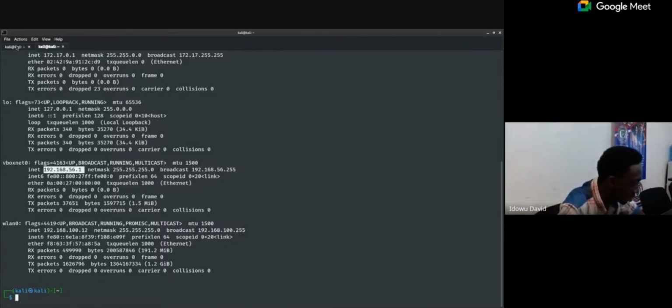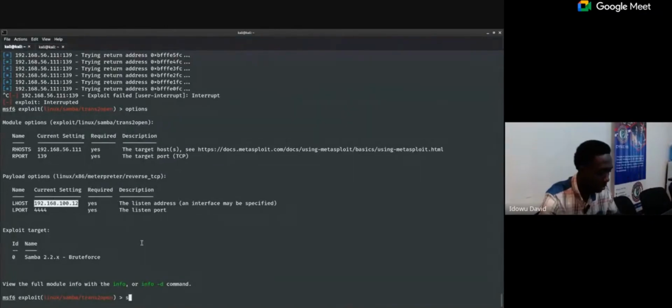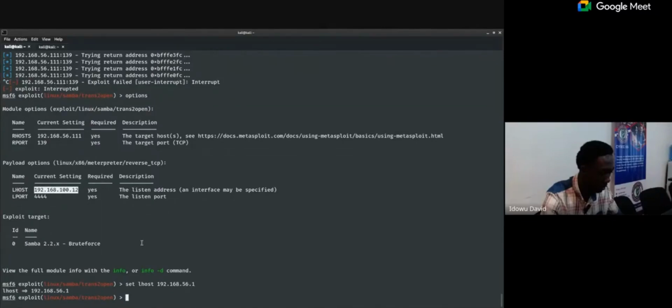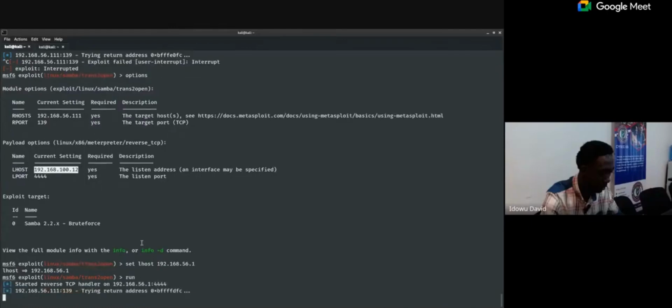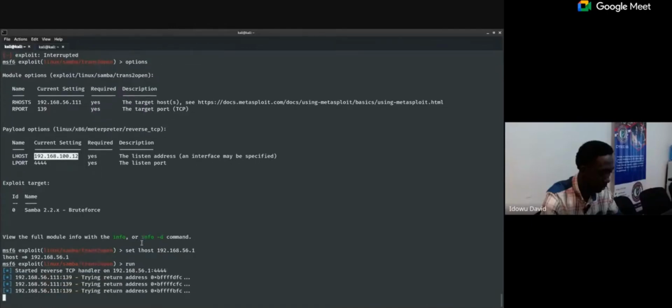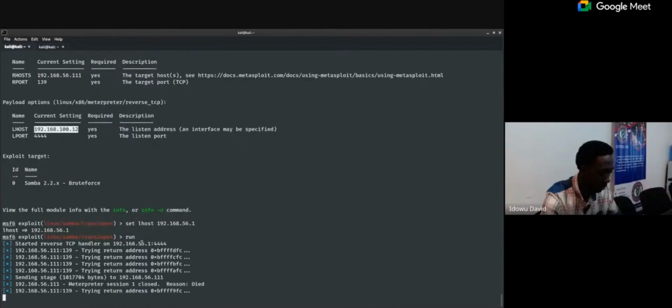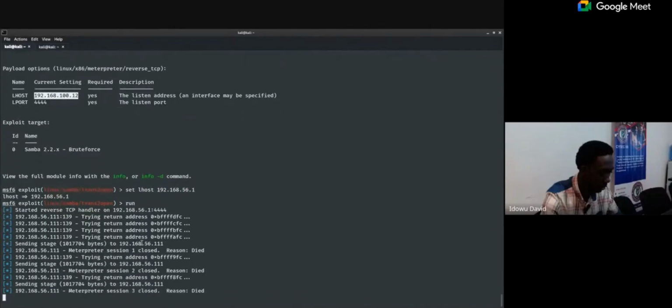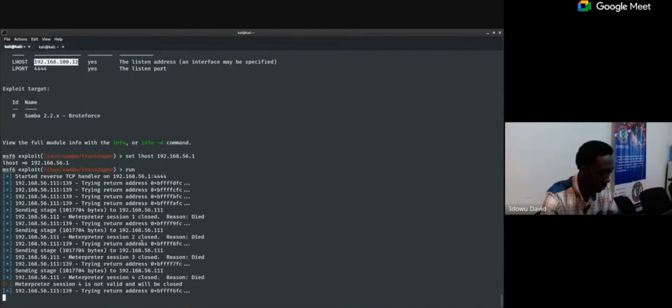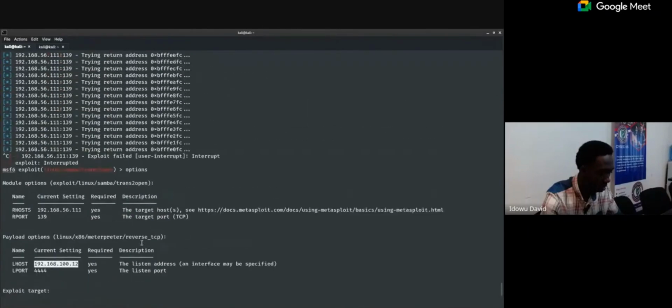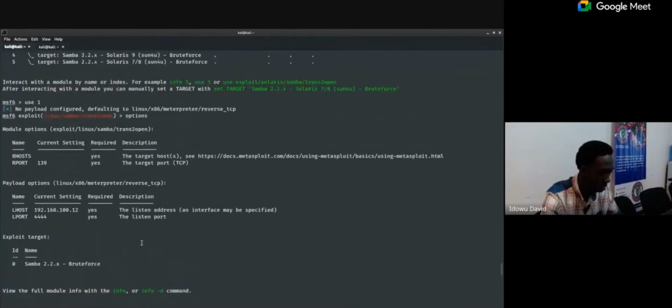I'm supposed to set this to 192.168. So I'm supposed to set LHOST to 192.168.56.1. Yeah. So it must work. Let's see if this works. The session is dying. So what could be the reason? If it's dying,